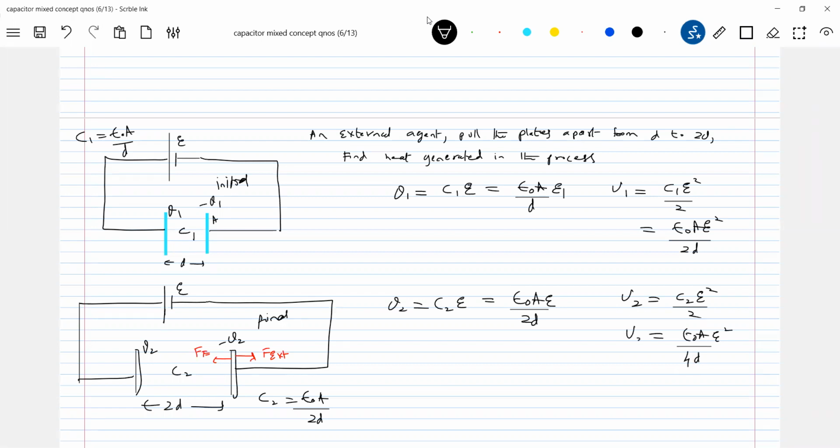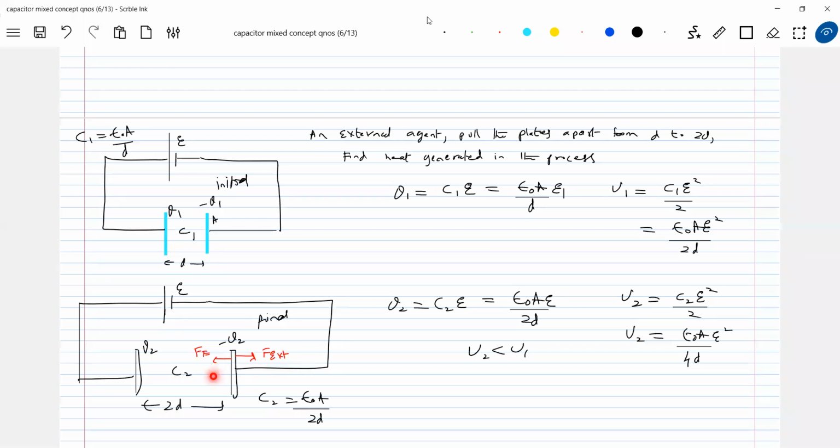Keep it here now. Look, the energy in the capacitor has decreased, no? Tell me, will the external agent do positive or negative work? It does positive work, so he will gradually pull the plates. So he will also spend energy, no? The mechanical work is done by the external agent, and also here the energy in the capacitor got decreased. So definitely we have to search for the heat generated.